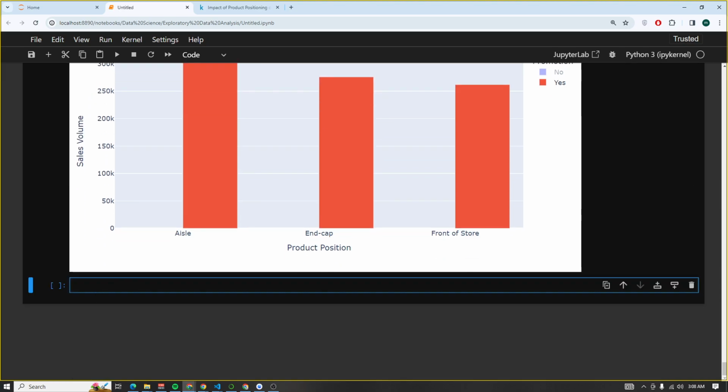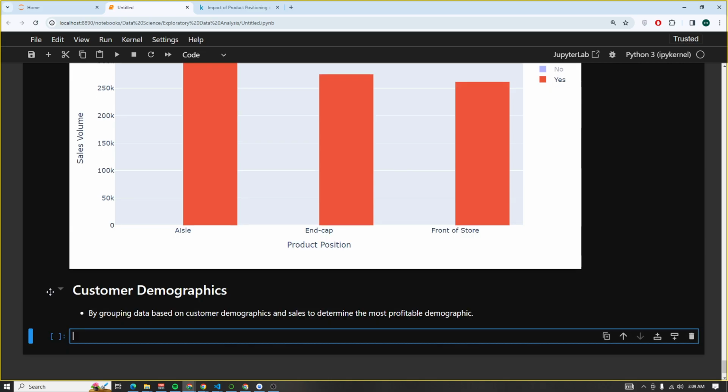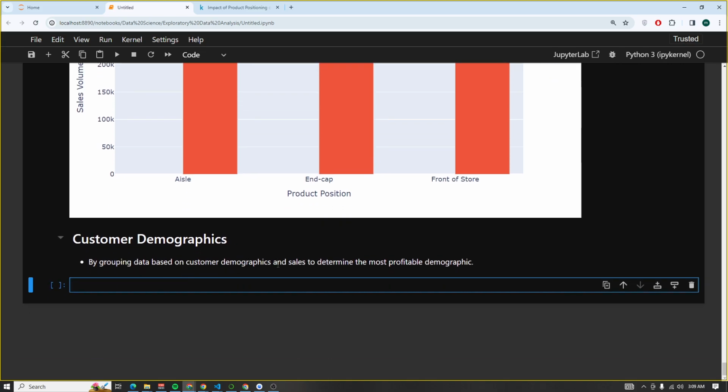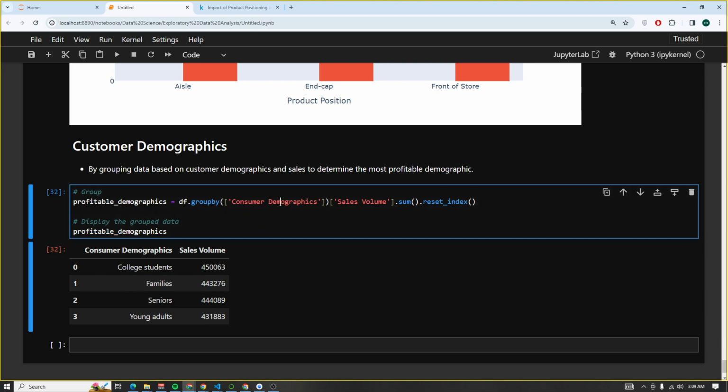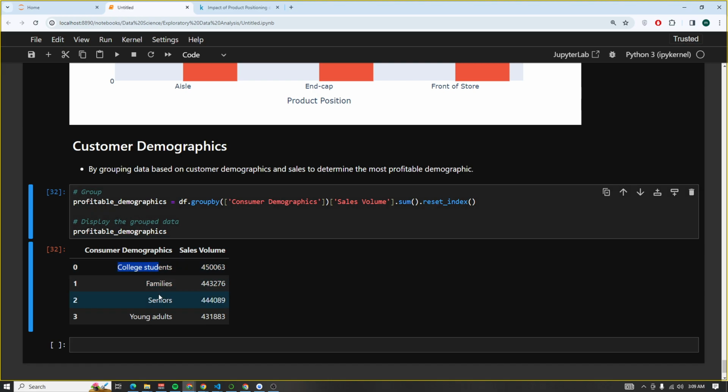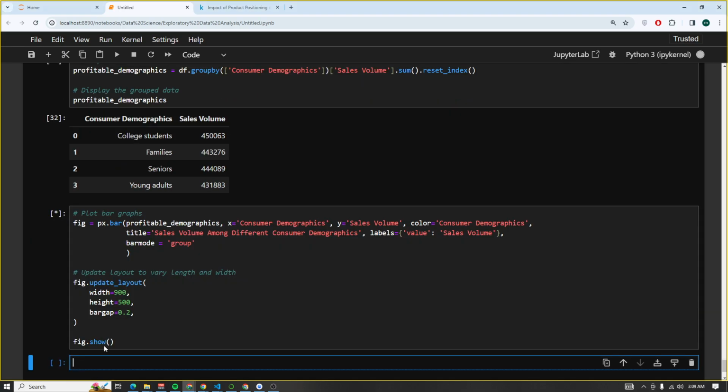So from this, we can shift our attention to customer demographics. By grouping data based on customer demographics and the sales, we are going to determine the most profitable demographic group. So let's see that. So basically, we are grouping according to consumer demographic and the sales volume. And for the consumer demographic, we have the college students, we have families, we have, let's say, senior adults or individuals, and the young adults. So when we just do this and